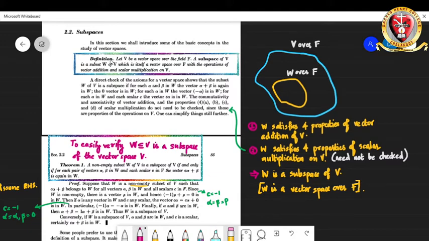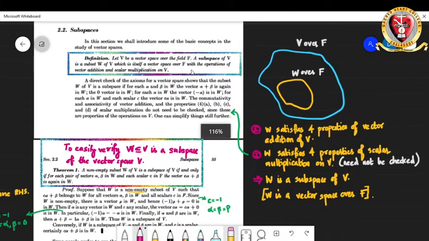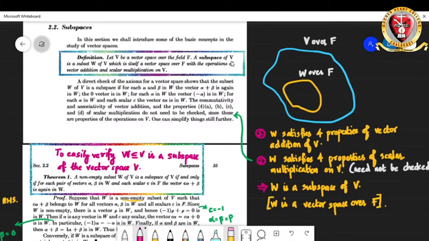For defining a subspace, basically we need a vector space V over the field F. A subspace of this vector space V is actually a subset W of V, which is itself a vector space over the same field F, with the operations of vector addition and scalar multiplication that are happening inside V. That means if we have a vector space V over F, W over F is nothing but a subset inside this V, which is itself